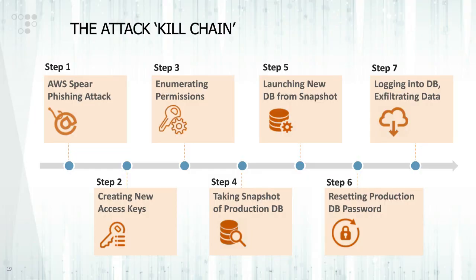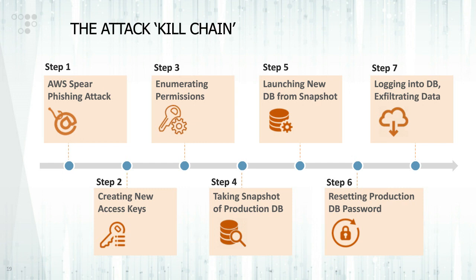So looking at the attack kill chain, we can see the step-by-step evolution of how this attack evolved. It began, first of all, with an AWS spear phishing attack targeted at one of the network administrators of the cloud environment, followed by fortification of access by creating an independent set of API access keys which hackers then used. Next, they started doing reconnaissance in the network, launching scans and queries to enumerate their permissions,